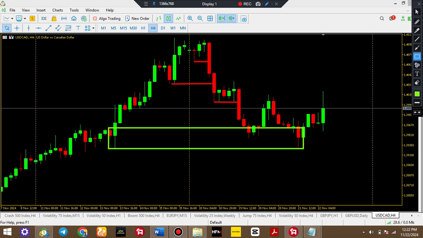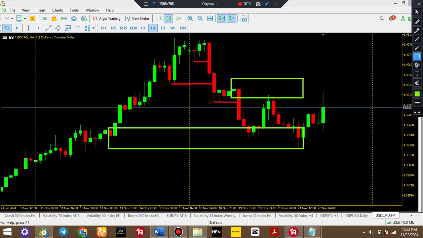So price has been breaking structure all this week. Immediately price now breaks structure into the bullish order block, which we have in our H4, then we'll be looking for a buy opportunity. We'll be looking for a buy opportunity. So the buy opportunity took effect here. So we'll have a buy here and exit here.